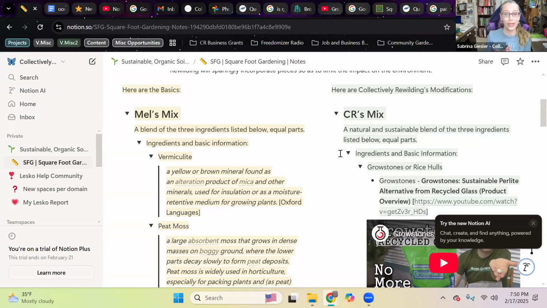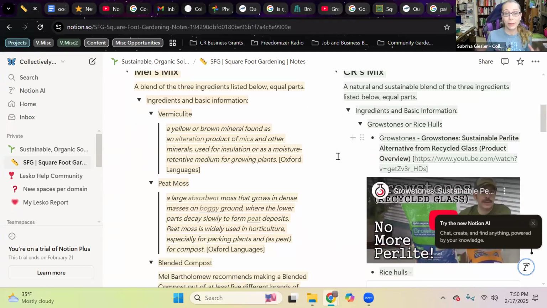That's a big part of what we do here, right? We're experimenting with things that are more sustainable, that are more in line with our natural environment, native plants, creating canopies on our own residential properties, all of this type of information. It's exploration. There's not a handbook to go about doing a lot of this. So we learn here together in Collectively Rewilding.